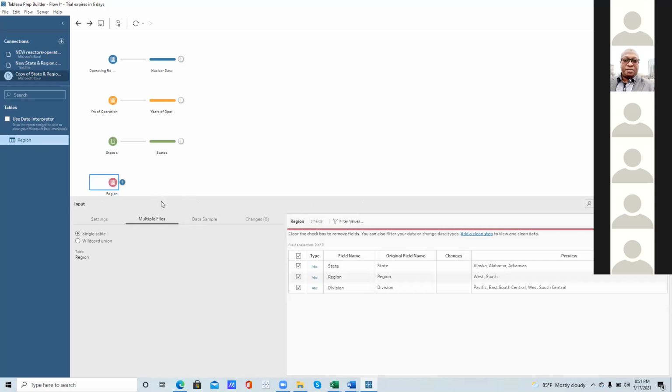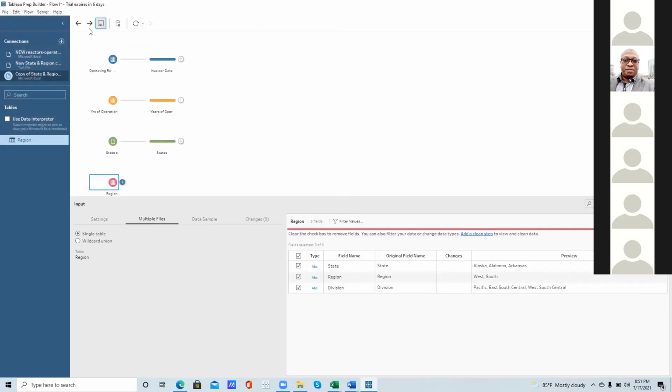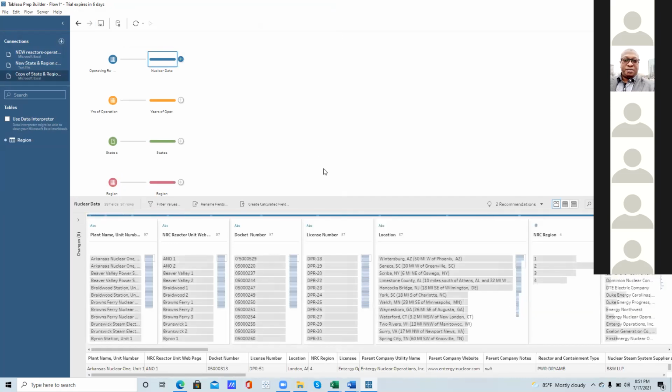Go forward. Click the forward arrow again, at the top left-hand. Click on that one to take us back. One more. Okay, perfect.